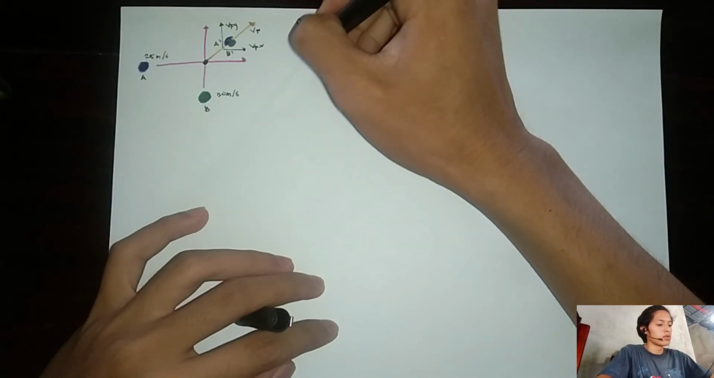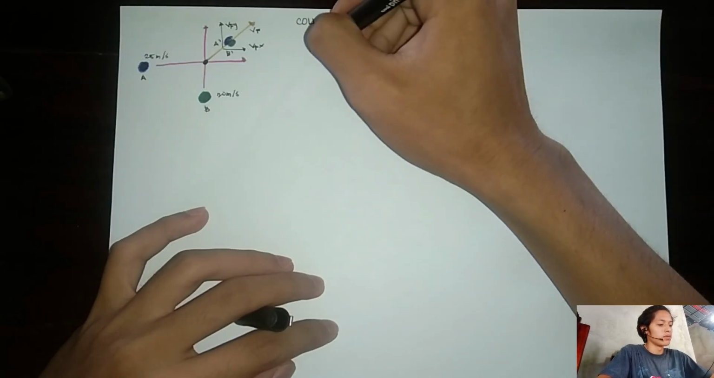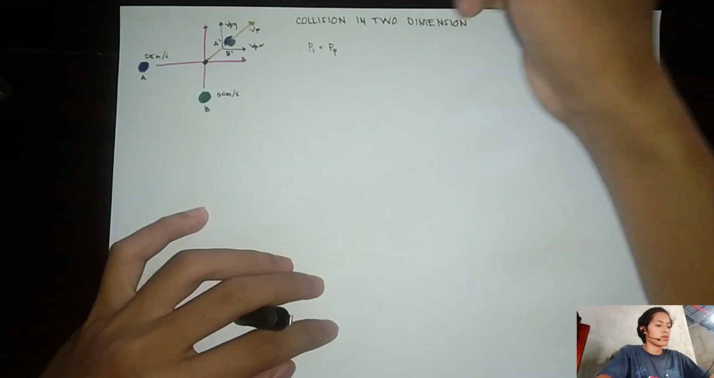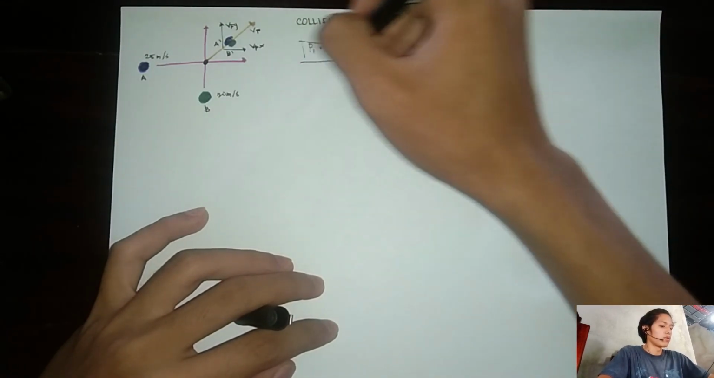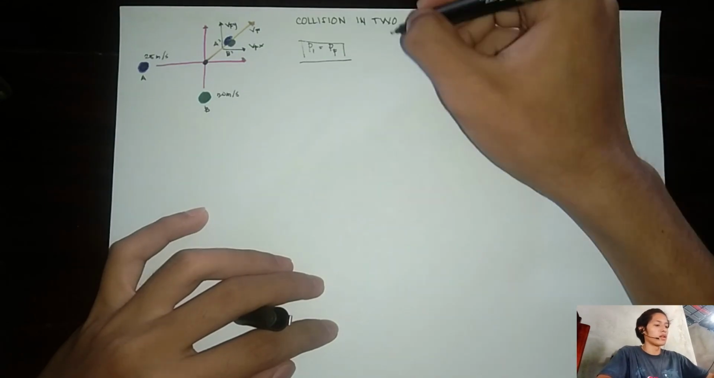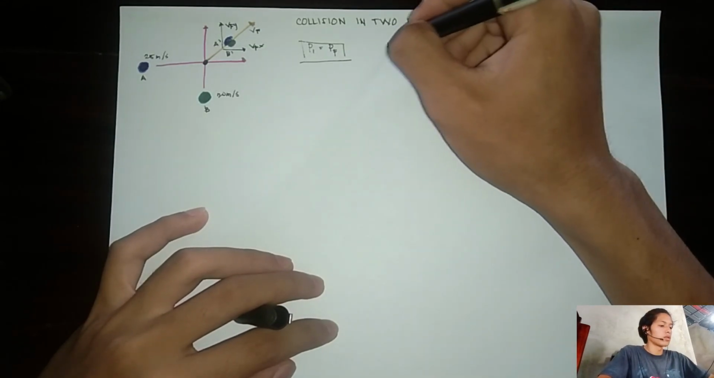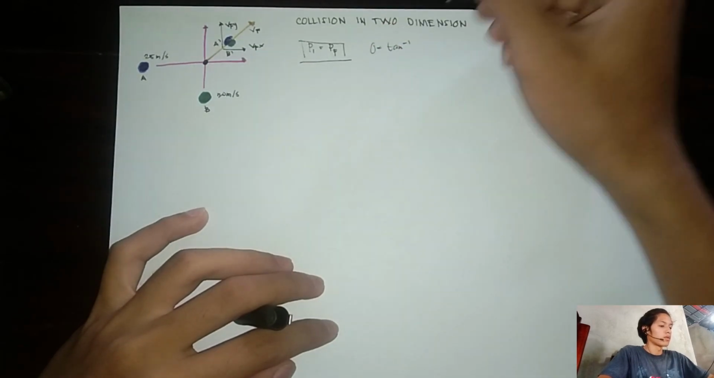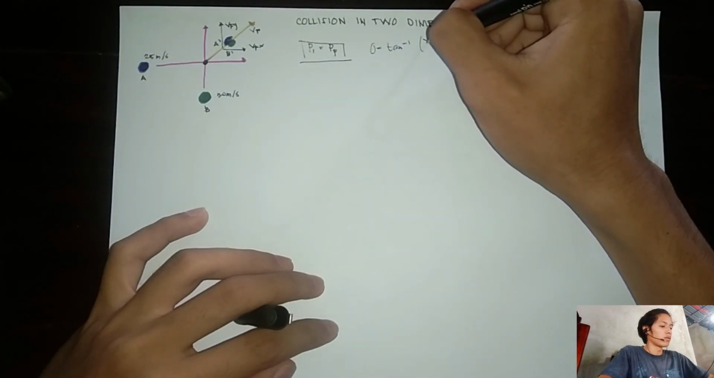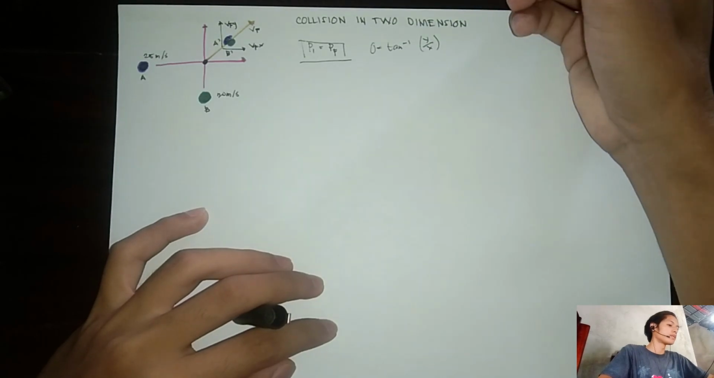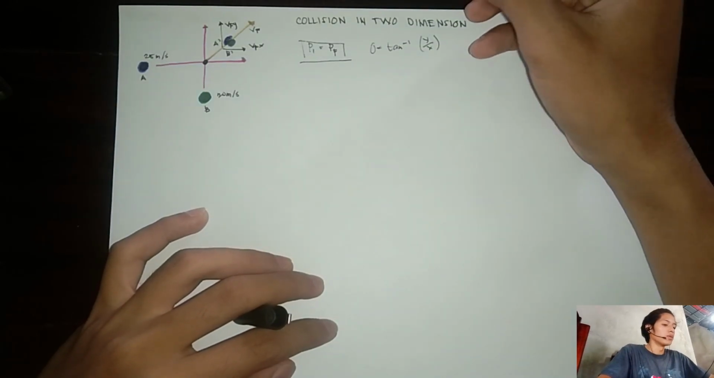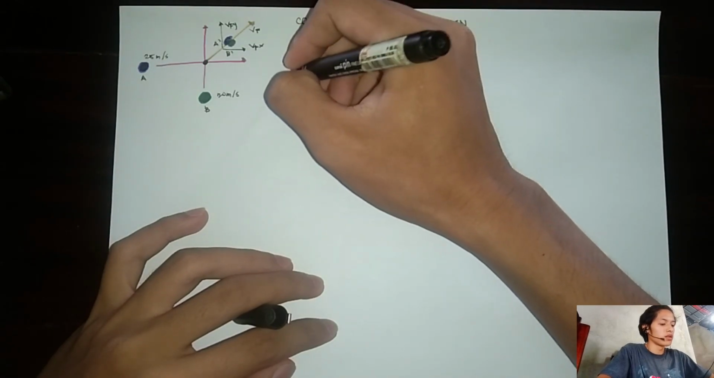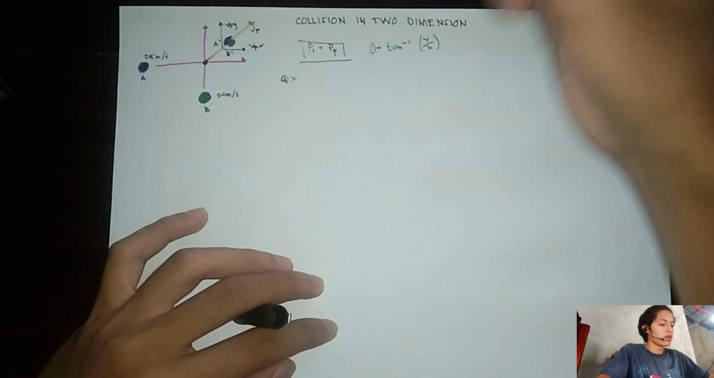Conservation of momentum is equal to P initial equals P final. So, ito lang yung ating gagamitin na formula. And then, yung paghanap ng direction, na tangent, inverse tangent, y and x. So, to find, una sa x component muna tayo, at x component,